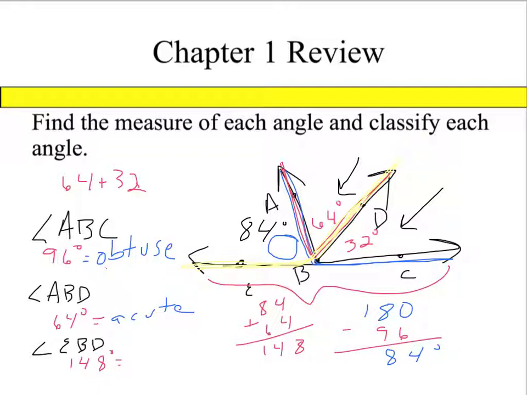But I'm not done because it asks to find the measure of each angle and classify each angle. So classification, we already went over that. Classification of a 148 degree angle would be obtuse. Awesome. Moving on to